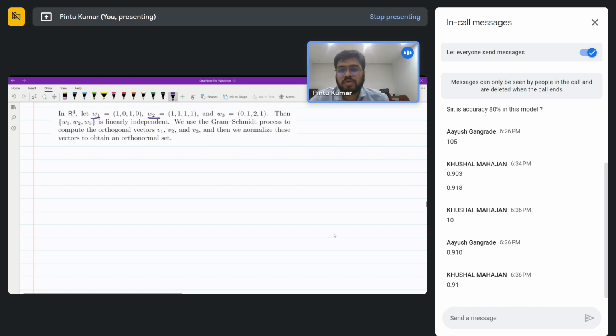So here we are given W1, W2 and W3. Okay, and we have been asked to convert it to an orthogonalized set, and later we have been also asked to normalize these vectors. That we will do later on. Okay, so what did I say? That for the first vector we will just pick the first from the existing list, right? So this would be 1 0 1 0, right? For the second one, what we need to do is subtract the projection of W2 onto W1, right,